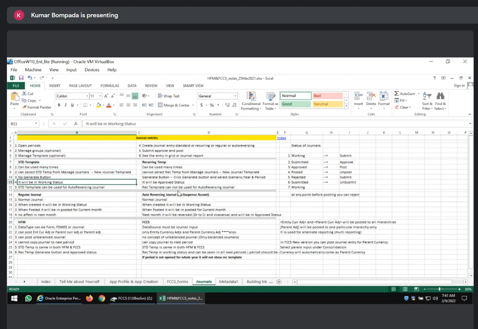See, journal layout. Journal means it is same wherever you go, whether it is recurring journal, whether it is standard journal, whether it is regular journal, or whether it is auto reversing journal. Everything is same. Usage is different. Standard templates for all regular suspense accounts, regular intercompany elimination adjustments, we create a template. We regularly use this. Recurring template,